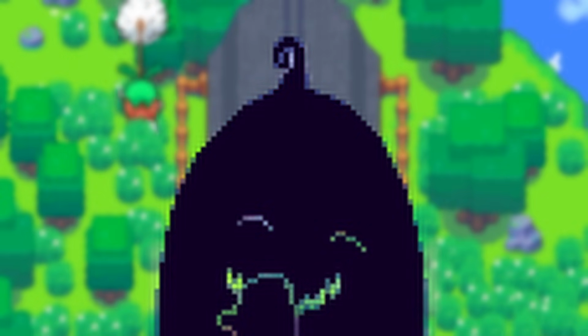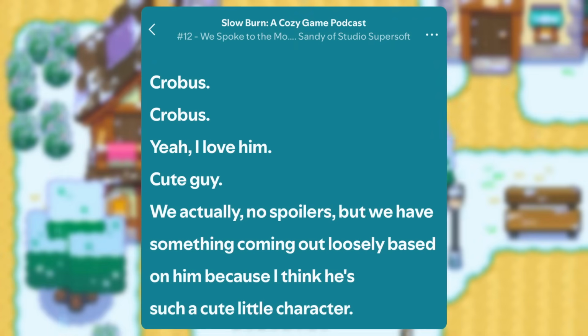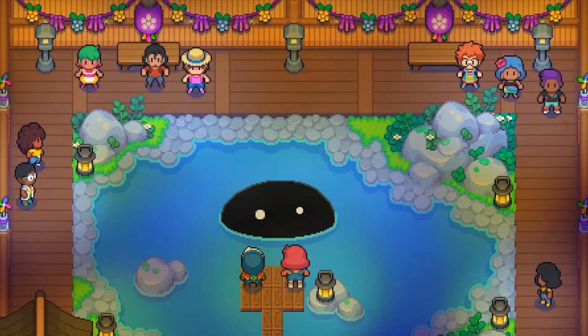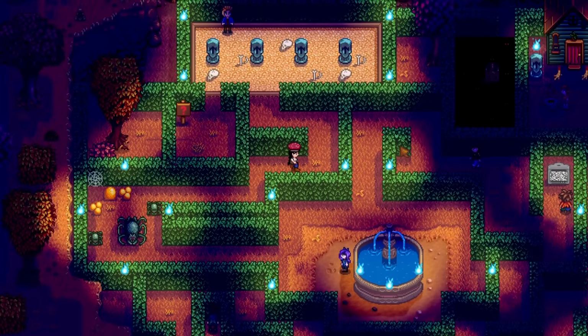This was actually confirmed by the head developer of Moonstone Island during an interview with the Slow Burn podcast. The way to obtain this spirit is unlike any other in the game. At first, it can only be obtained at the Spring Spirit Festival. And speaking of festivals, during the Spirits Eve festival in Stardew Valley, the wizard and Linus can be seen standing